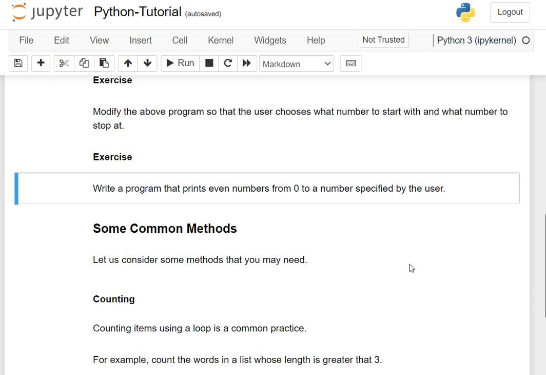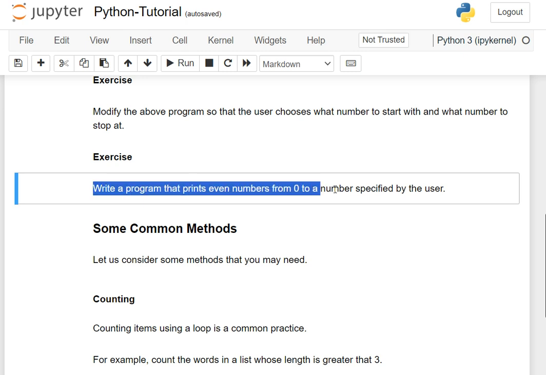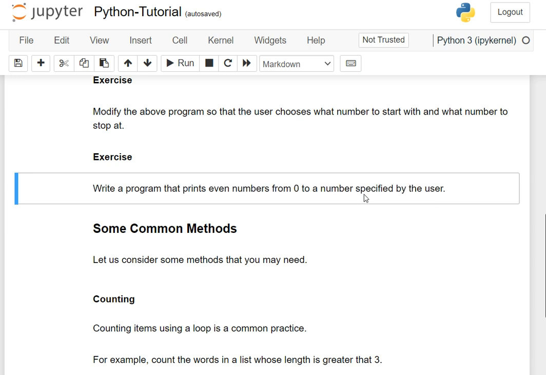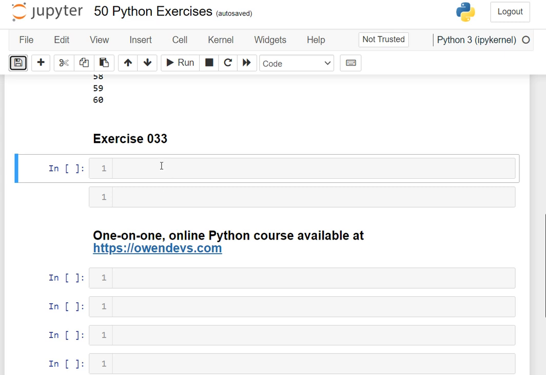Exercise 33. Write a program that prints even numbers from 0 to a number specified by the user. Okay, so a number specified by the user, and num equals... enter end number. Okay,